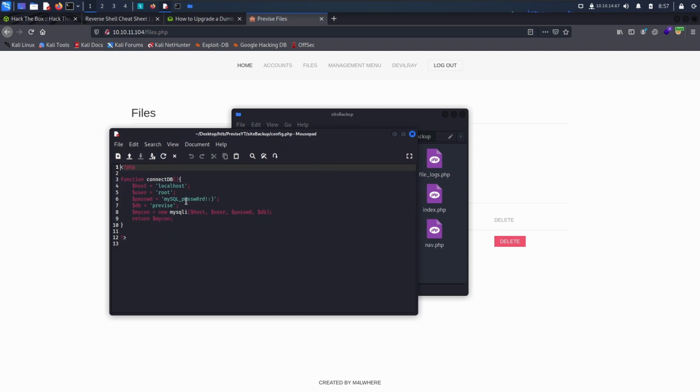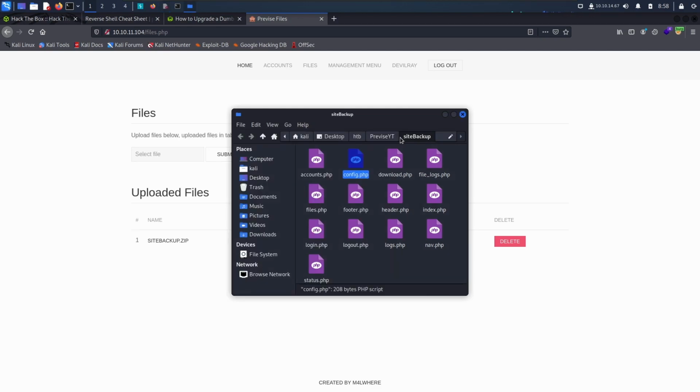If you go over here and open up the config.php, you can see function connect database, localhost, root. We have a username and password for a database. We already knew there was a SQL server, we just didn't have credentials. So we're going to go ahead and set this aside, and we're probably going to end up using that. Next one that I ended up finding, I believe it was